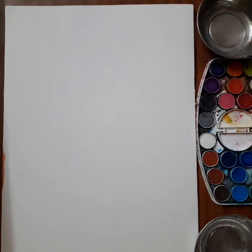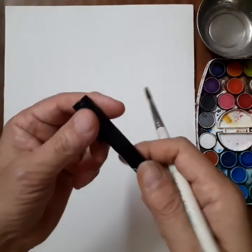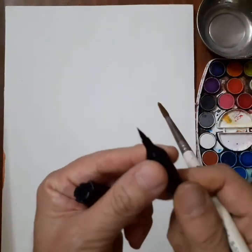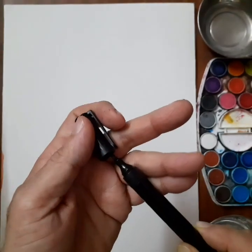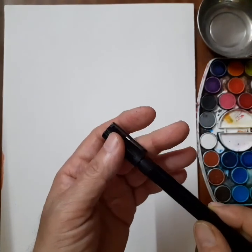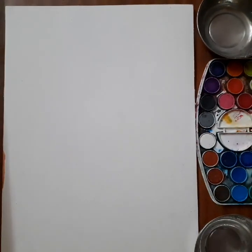Hello, children. Let us today make a Ganesha or Lord Ganapati with the help of using different mediums at the same time. That means we will make use of these watercolor cakes plus a brush pen, and you know probably what a brush pen is. It's a pen with watercolor ink inside and with a tip just pointed like a brush. So a brush pen and oil pastels. Oil pastels, you know what they are. So with the help of first the watercolors,